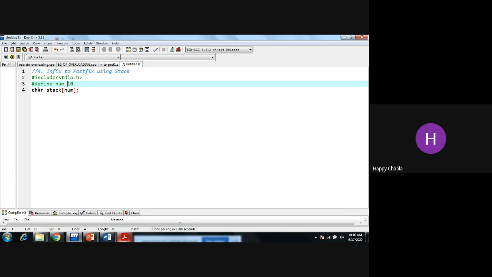It will not contain equal. And an integer top variable I require. I'm setting that variable at -1.